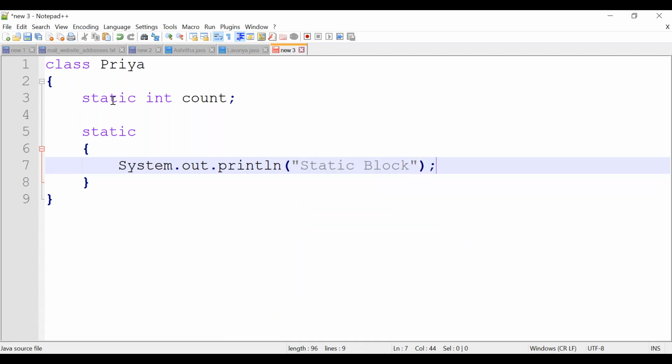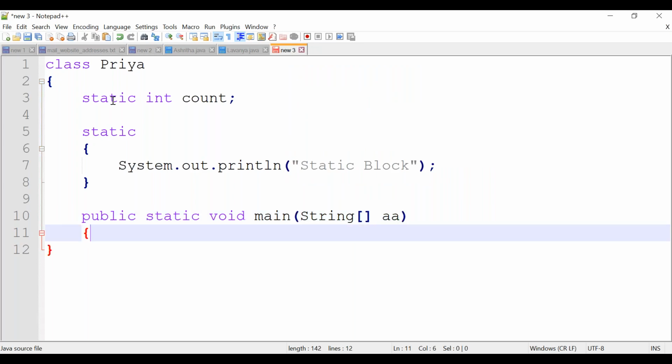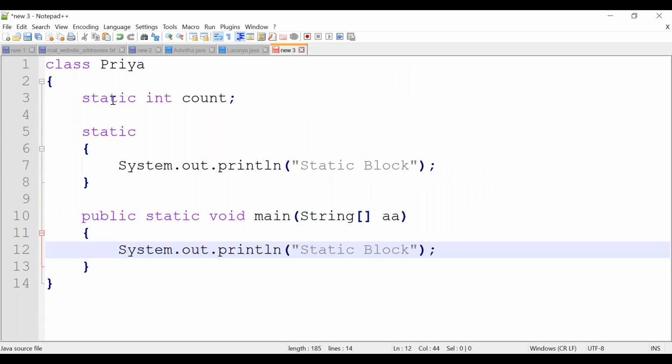I'm having the main method. I'm just printing, this is my main method, correct?